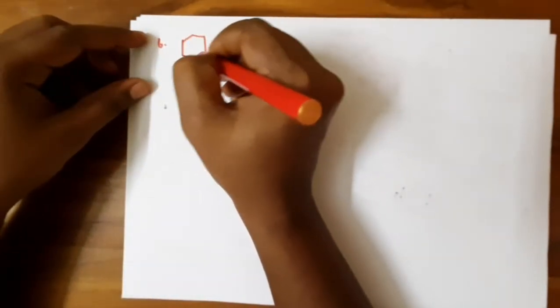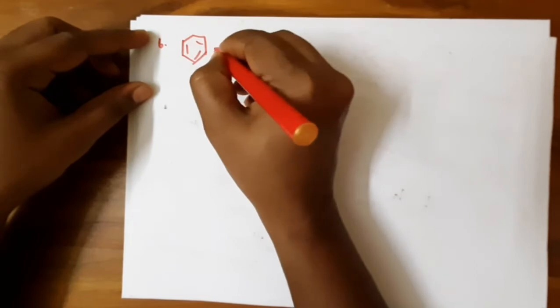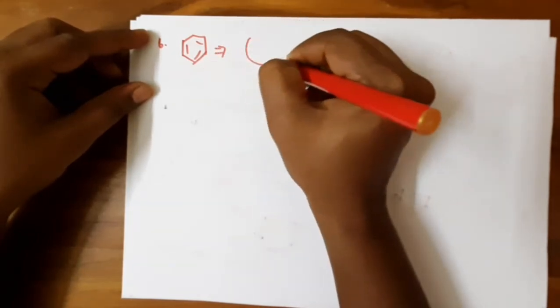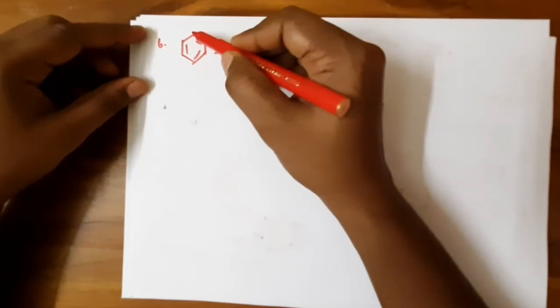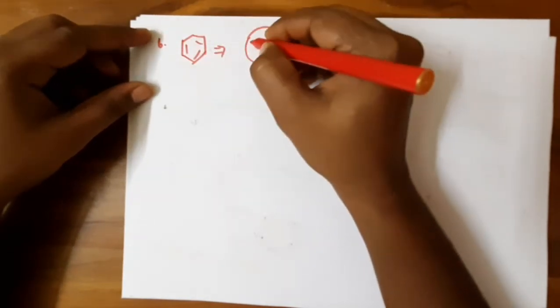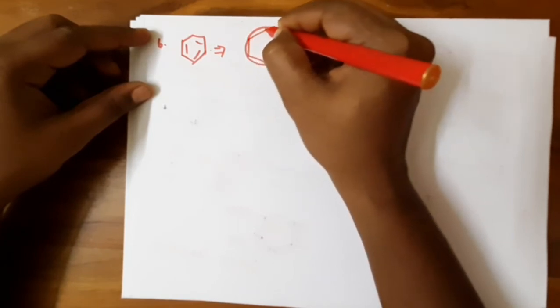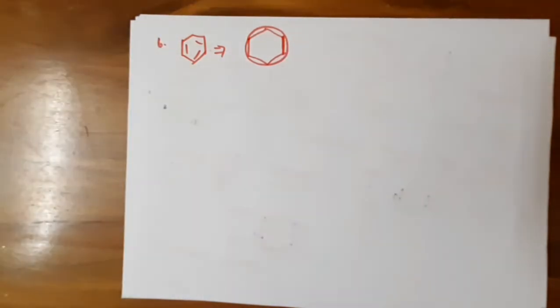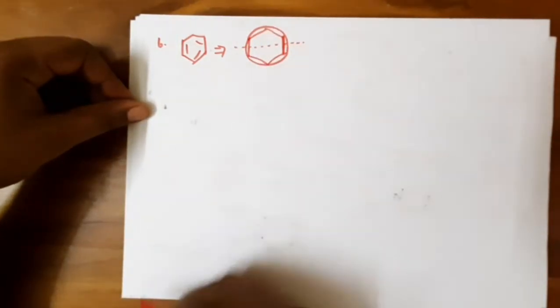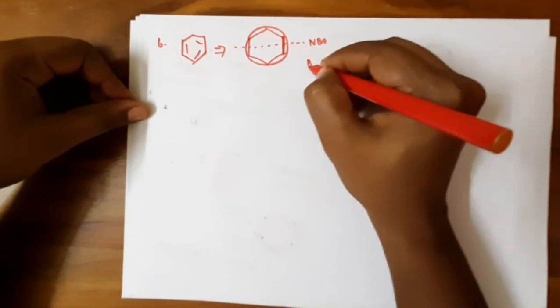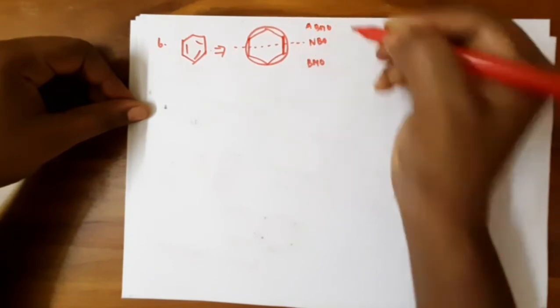So this was in the case of the 5-member ring. For the 6-member ring, let's take the example of benzene. For benzene, draw the circle, the Frost circle. Now it has 1, 2, 3, 4, 5, 6, 6 vertices, that is 6 carbon atoms. So the lowest carbon at the bottom, and draw the horizontal line over here. This is the non-bonding level. Below this is the bonding molecular orbital, above this the anti-bonding molecular orbital.